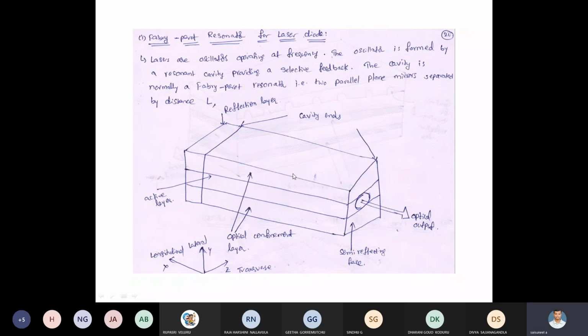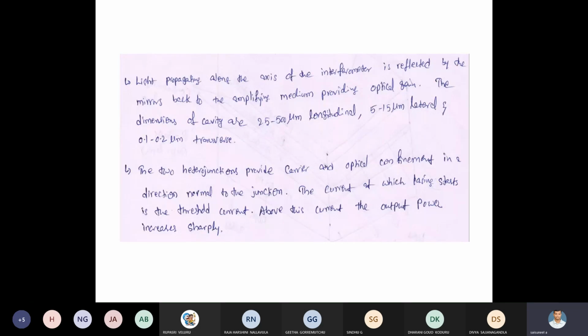Here, what are the exact materials used for designing a laser diode? This is a heterojunction structure. We already discussed in the first unit what is meant by heterojunction and double heterojunction structure. A heterojunction is nothing but using two different types of semiconductor material. In a double heterojunction we are using both isotype and anisotype. Isotype is nothing but the same materials. Anisotype is nothing but different materials.